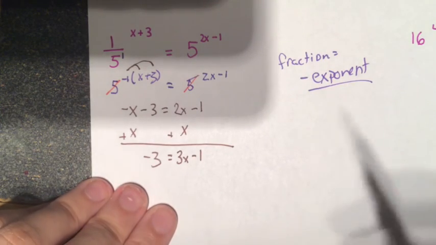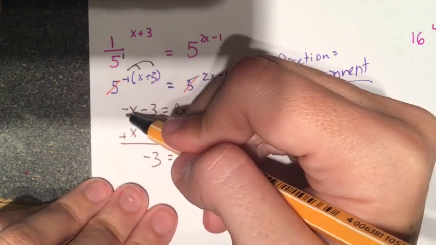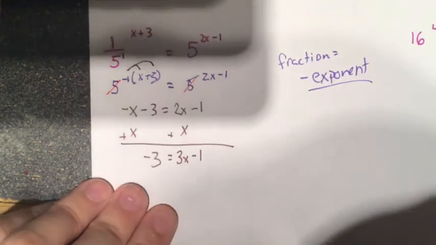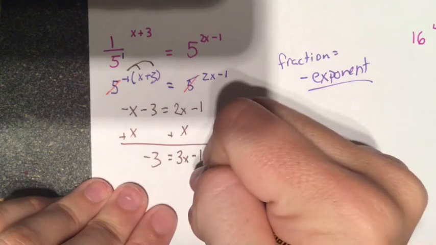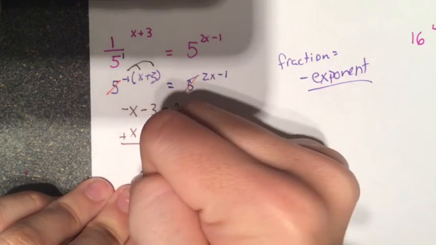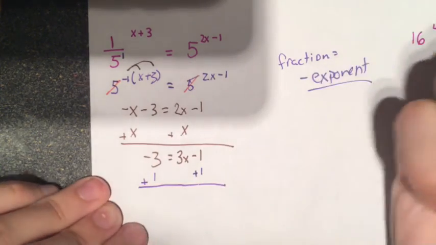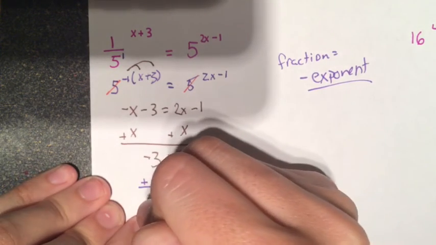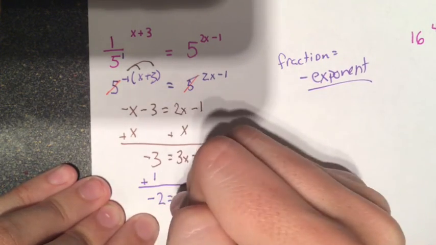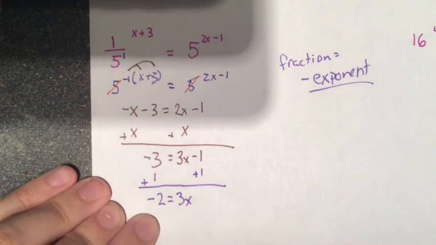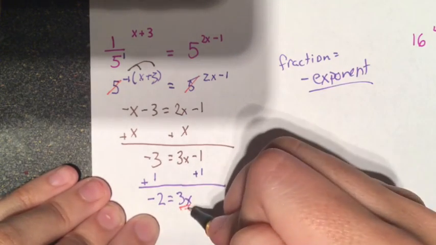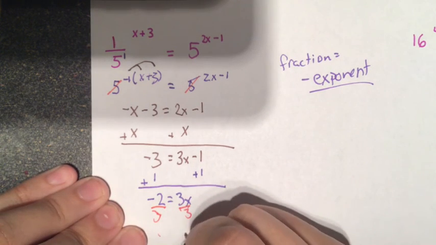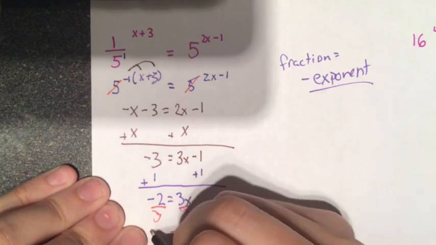This is just one way that you can do it. You could have brought this 2x over, or you could have brought the 2x over and then brought the number over to the other side. Both ways work. I'm going to add 1 to both sides. I'm going to be left with -3 plus 1 gets me a -2 is equal to 3x. Have to divide by 3 to isolate my x. I'm going to get x is equal to